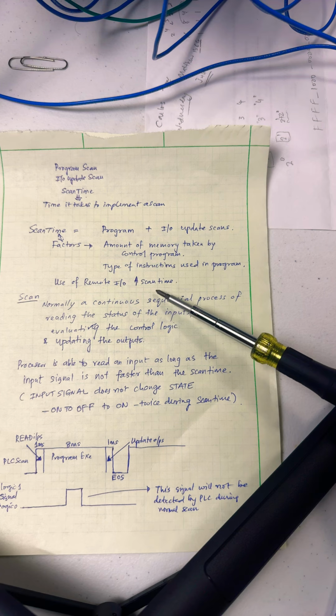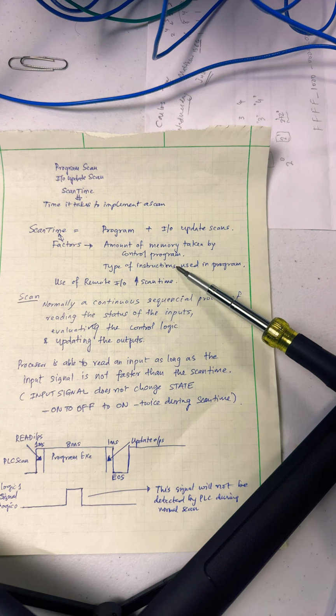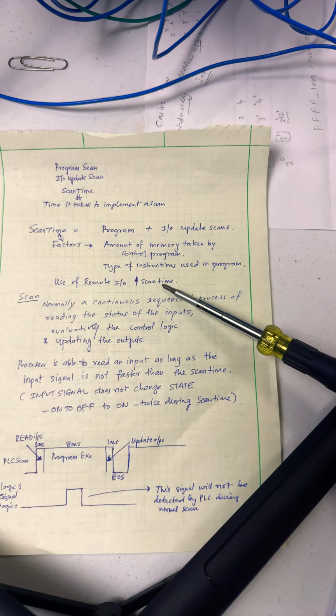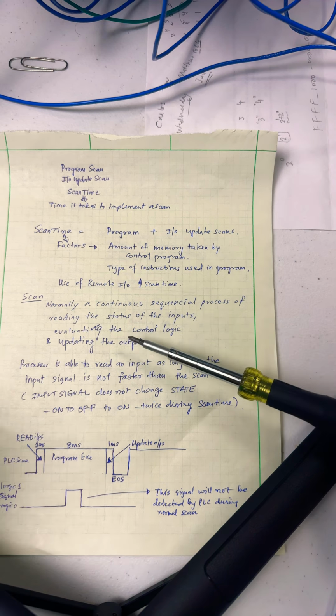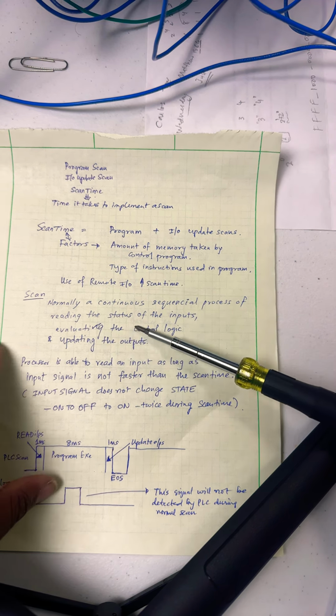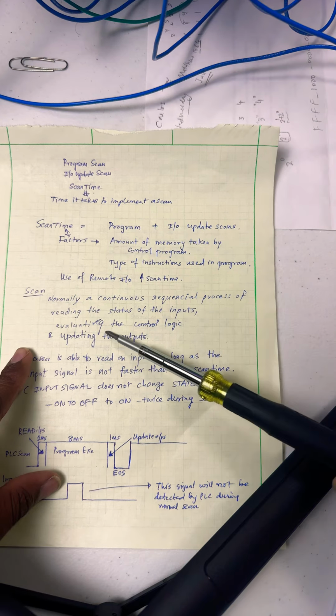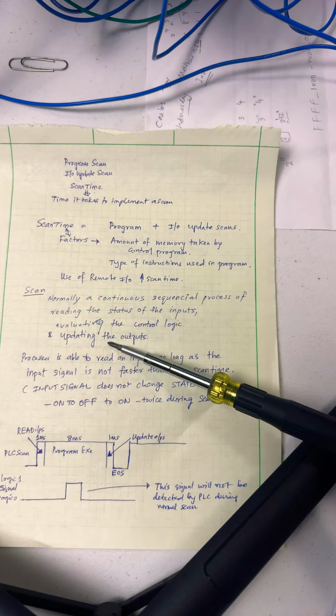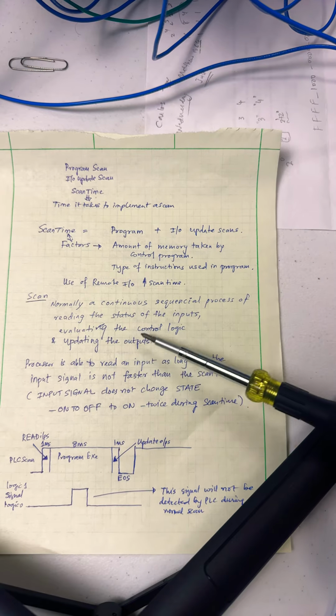For example, if you're using remote IO, the scan time will increase because the PLC needs time to process the input signals over remote IO. This continuous sequence of reading the status of inputs, evaluating the logic, and then updating the outputs is called continuous